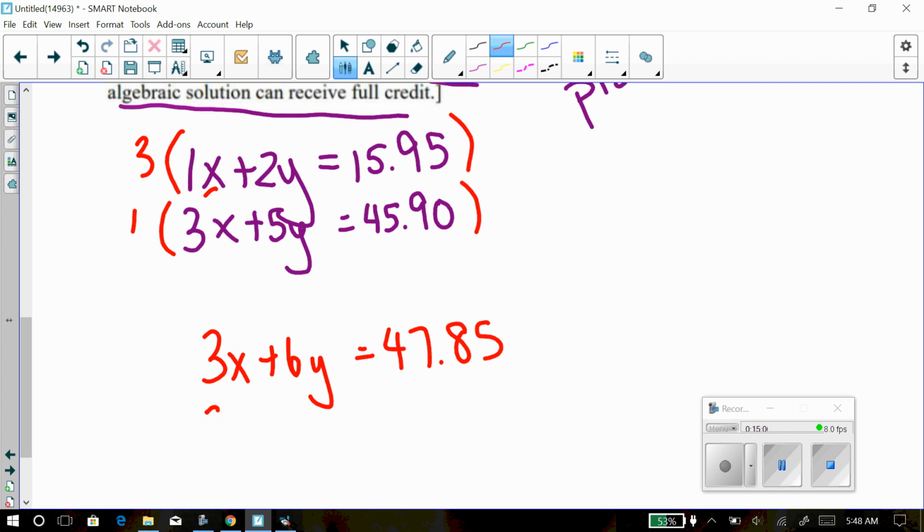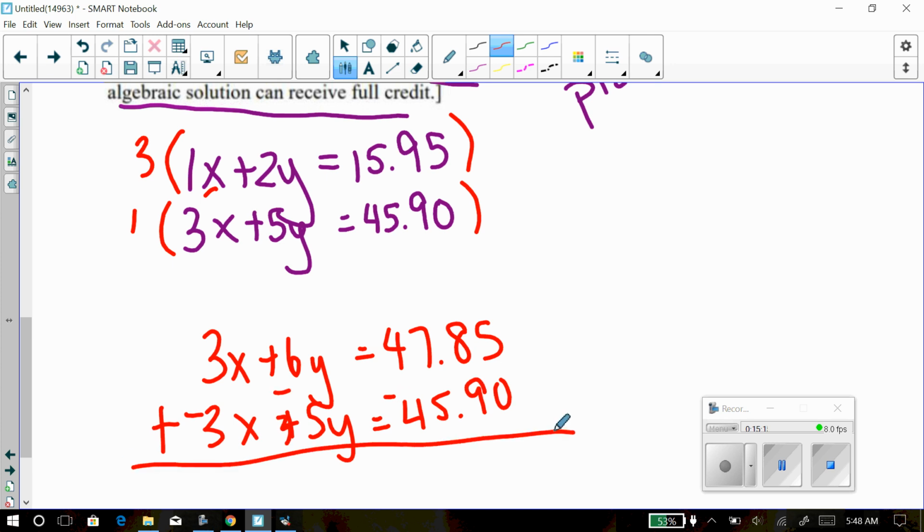And then here it stays the same. So you do keep, change, change for all of these, and add. Those cancel. This gives you 1y